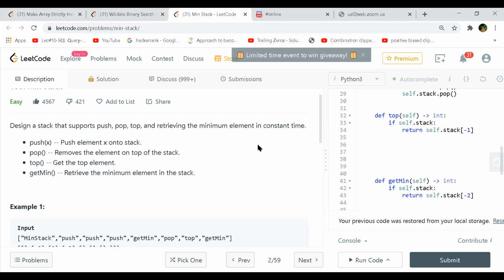Every time when you get an input and want to push, you push to your normal stack. And when you are pushing to your minimum stack, you look at the top of the minimum stack. If it is empty, you push. If it is not empty, you look at the top element. If the top element is the minimum, you don't push anything. But if the top element is not the minimum, then you push the current element there. It's a simple push, always push. Pop, always pop. And top will always give you the peak value. I think in Queue we do that, when we want to implement a queue using stacks, then we have to do all those things. Exactly.